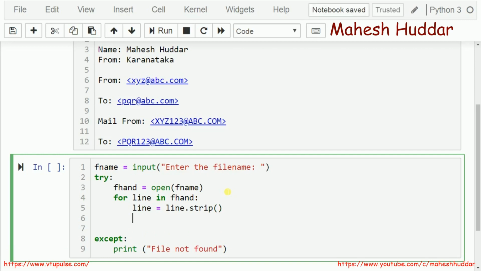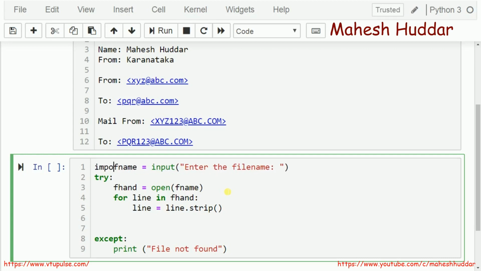After that, I will write one very simple regular expression function to extract the email IDs. Now each and every line may or may not contain an email ID. If an email ID is there, it will be returned. If it is not present, it will not be returned. So what is the function I need to use? I need to use the findall function, which is defined in re.